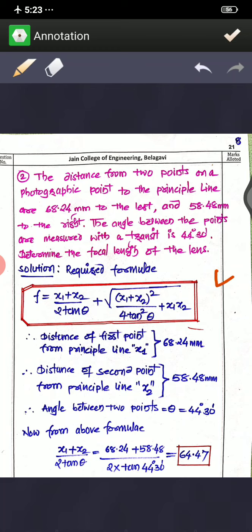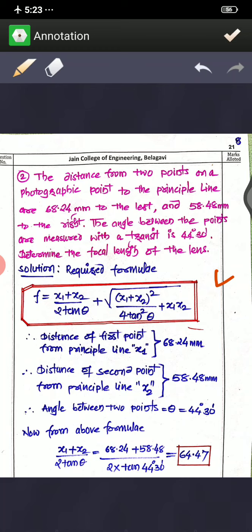Here I have written the formula, that is f is equal to (x1 plus x2) divided by 2 tan theta, plus square root of ((x1 plus x2) square divided by 4 tan square theta) plus x1 x2. Now let me clarify the things. The distance of the first point from the principal line, x1, is equal to 68.24 mm. The distance of the second point from the principal line, x2, equals 58.48 mm. Along with that they are given theta, that is 44 degrees 30 minutes. Now by using all these you can